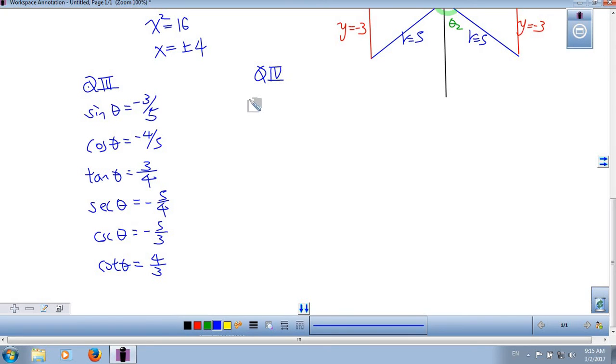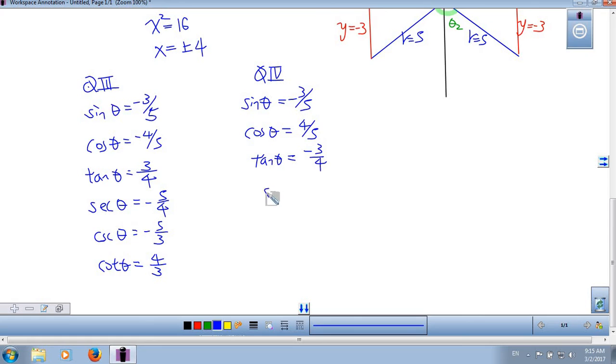Now, if theta is in quadrant 4, the sine of theta is still a negative 3/5. So this is going to be a very important thing because it connects several angles. They have the same sine, but everything else would be different. So the cosine will be actually positive 4/5, and tangent in this case would be y over x, which is negative